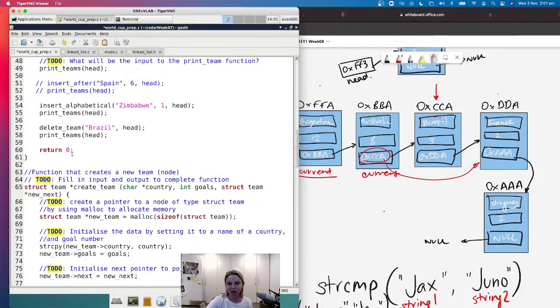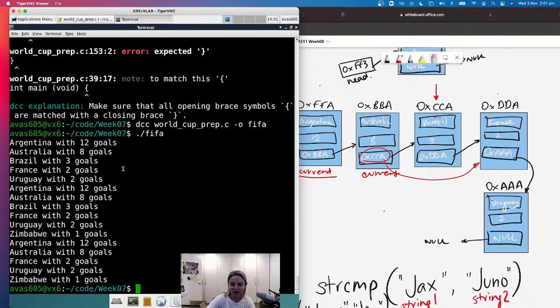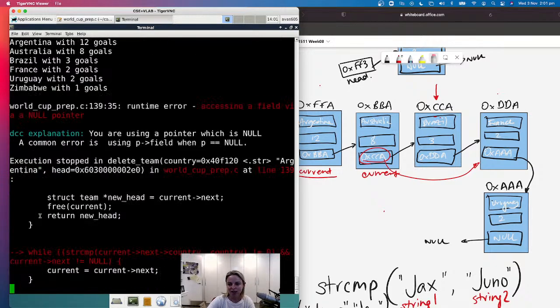But then if you remember what happened when we were just doing it with the plain list, if we run it now, it's not really going to work because we haven't reset our head. So I would need to actually make the head equal to whatever the delete team returns and then print it out, okay? And if I'm deleting the first thing, so Argentina, let's hope I spelt it correctly, I'll run it quickly, and then it will be time to finish up. Run it, and